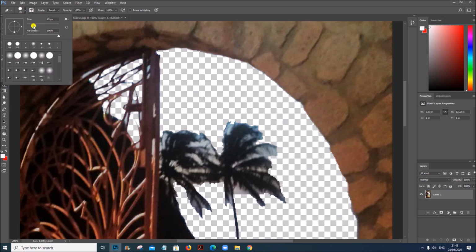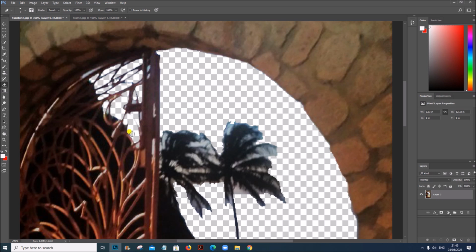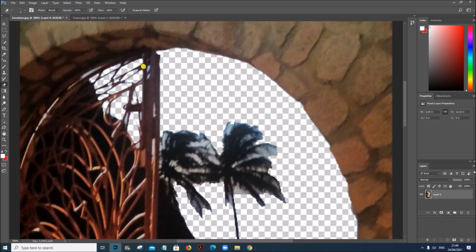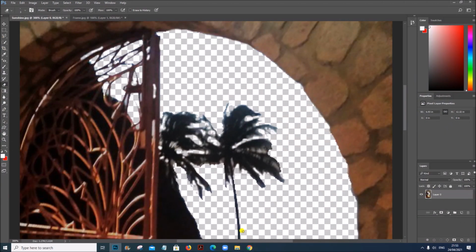Increase or decrease the brush width according to the area to be erased. Now I have erased almost all the blue sky.